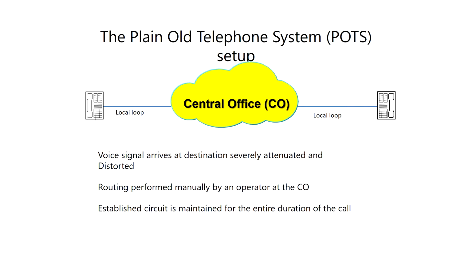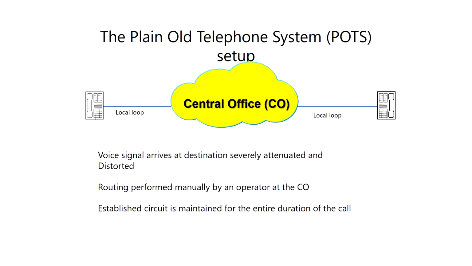The POTS system, which is the first communication system developed to carry voice signals from one point to the other, was made up of a pair of overhead and sometimes underground pairs of copper cable from the central office right down to the customer's residence. A central office which housed a patch connect frame manually controlled by a telephone operator, and of course, telephone handsets